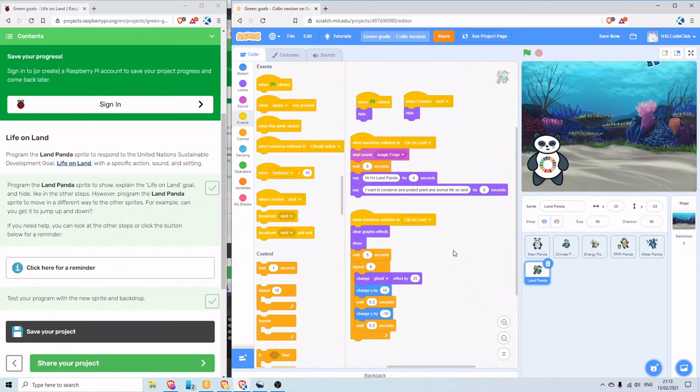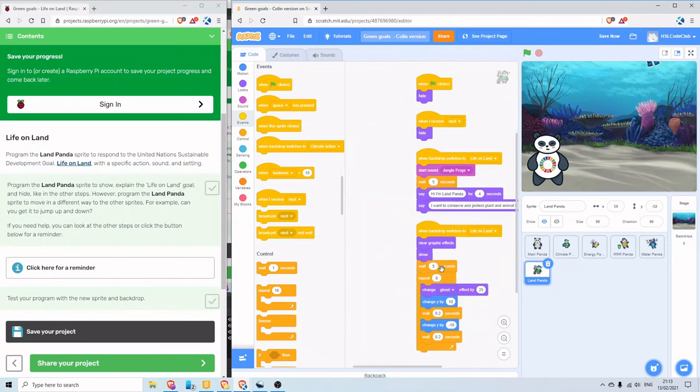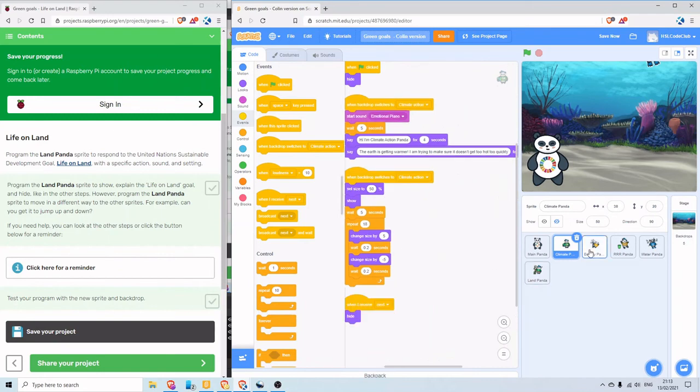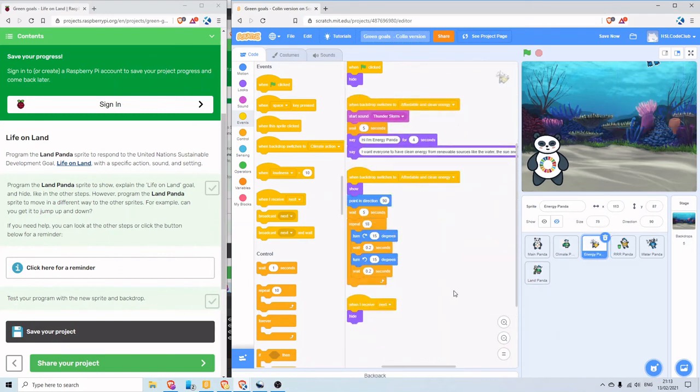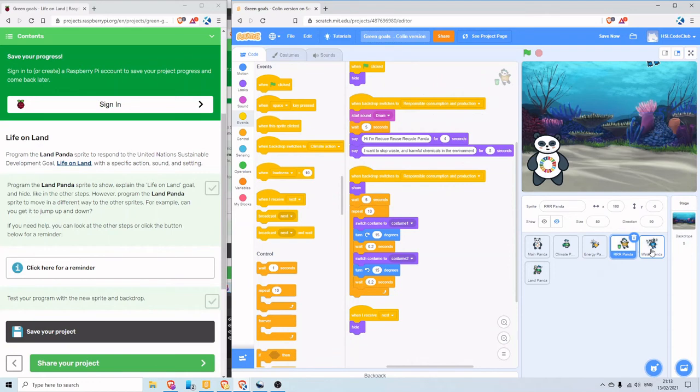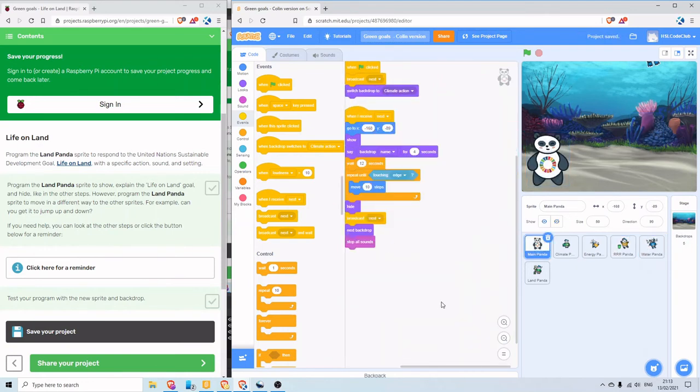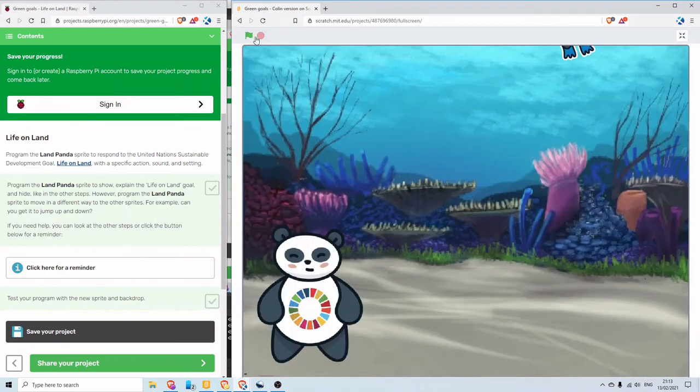And if I was being tidy, I would do a right click and clean up the blocks. That just brings everything tidy. Do that on all the pages. Okay, and now if we make it big and press the green flag,